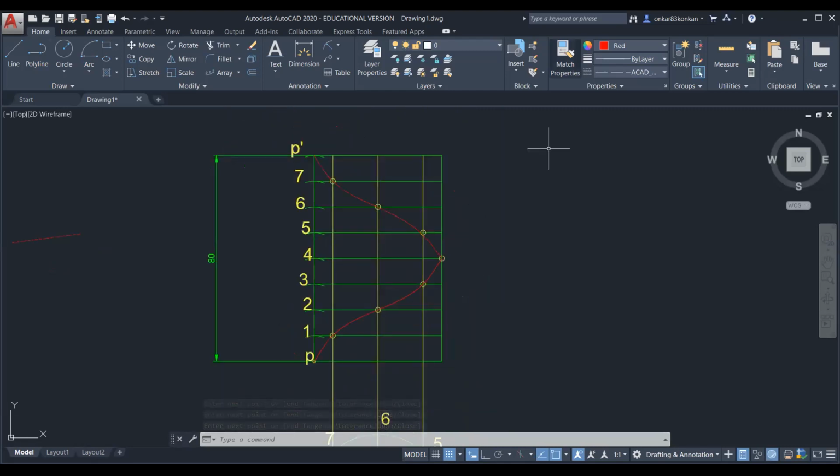So this is the complete helix curve for one complete convolution around the cylindrical surface, where the given pitch is 80 mm and the circle diameter is 50 mm.